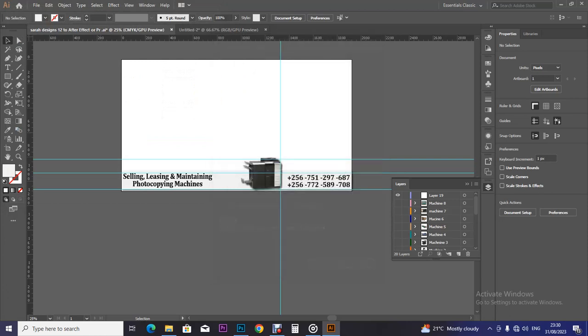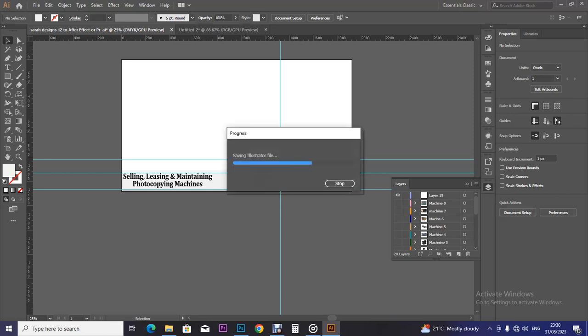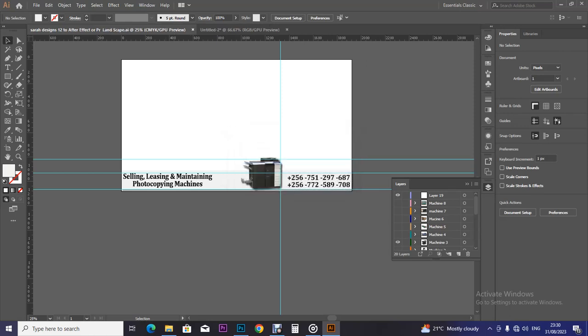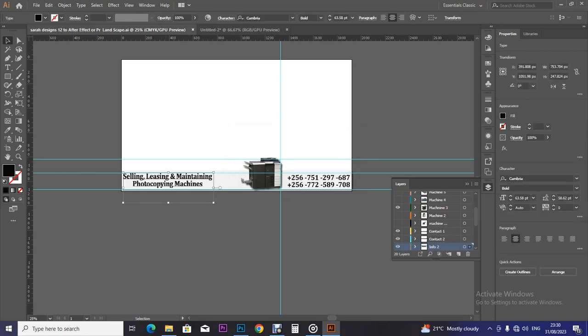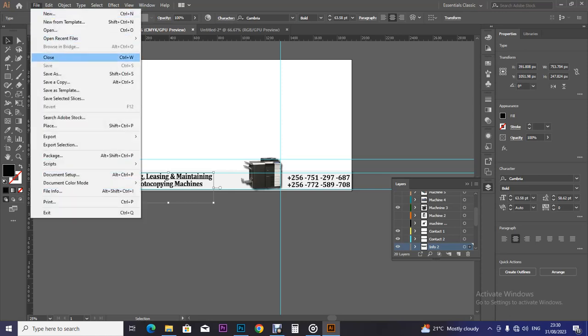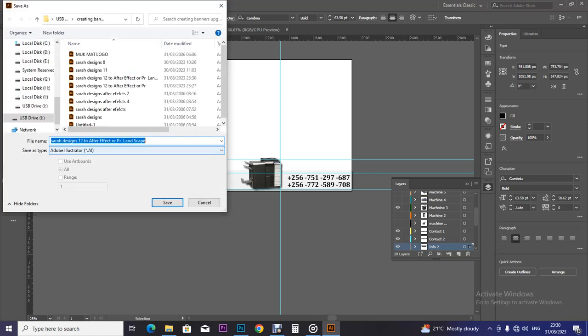So after saving it in landscape, we save another one. We are going to be saving the same project with a different profile. Then we play around with it and make it a portrait format. So if we go back to the other side on save, we say save as, then we remove this and say